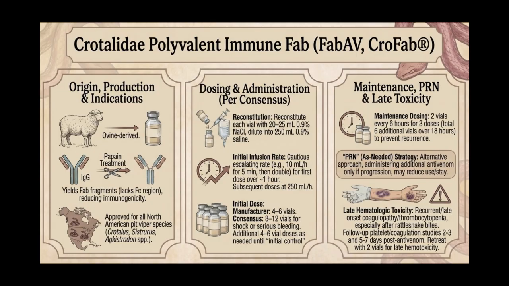A retrospective study comparing this as-needed approach with maintenance dosing found that the as-needed strategy used fewer vials, with a median of 8 versus 16, and resulted in a shorter hospital stay, with a median of 27 hours compared to 34 hours. Importantly, there were no significant differences in follow-up outcomes such as readmission, retreatment, bleeding complications, or surgical interventions. This challenges the rationale that maintenance dosing is necessary to prevent recurrent blood toxicity. These findings underscore the importance of frequent bedside reassessment by a medical toxicologist or an experienced clinician when adopting an as-needed dosing strategy.